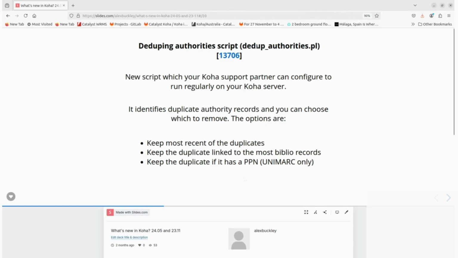It's called dedupe_authorities.pl. You would need a support vendor like us at Catalyst, or someone with access to your Koha server, to actually schedule this. It's not something that's completely configurable from the staff client, so you'd need to ask someone with server access to configure it. However, once it's set up, what it will do is search through your catalog and try and find